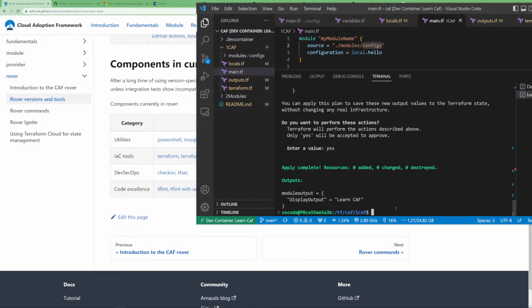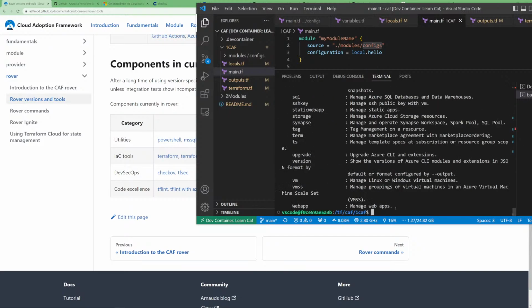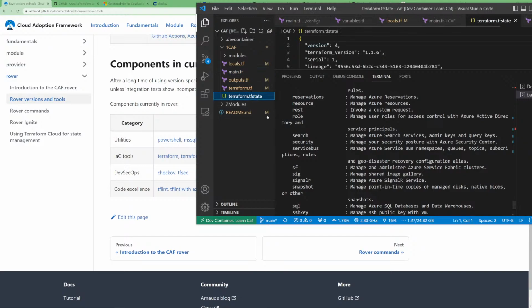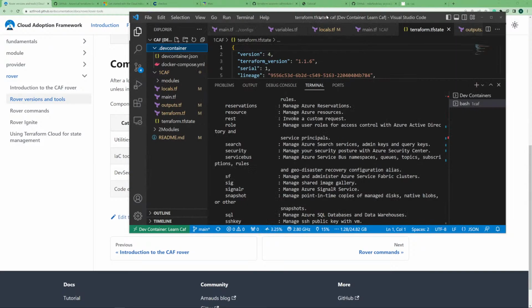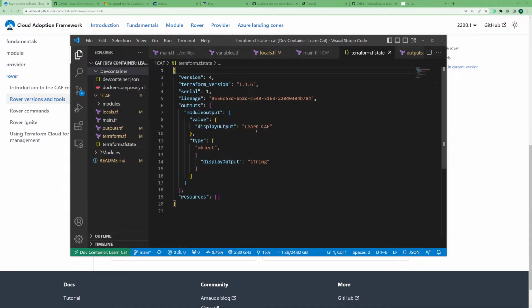Cool. And I think we have AZ, yes, we have the az login command as well. So I think we have everything. I will show you an example of what we can do and how we can install it and everything. So this is all about it. Sorry for taking so much time opening this dev container. I think this is all about how you can start with the Cloud Adoption Framework. I'm not going to give you each and